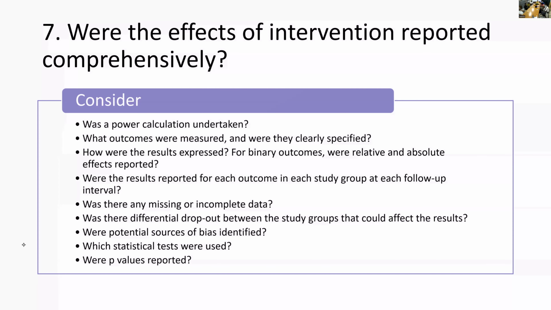So we look at the results. This is the CASP question, which asked whether the effects of the intervention were reported comprehensively. So power calculation we already looked at. What outcomes were measured we already looked at in the part of the CONSORT checklist. How were the results expressed? Were the results reported at different follow-ups, which is actually given in the supplement but not in the primary paper. Missing and incomplete data information. Differential dropout we already looked at, that there was more or less similar dropout. Any potential sources of bias identified. The statistical tests we looked at, what were the tests used for different outcomes, and p-value reporting, which I'll come